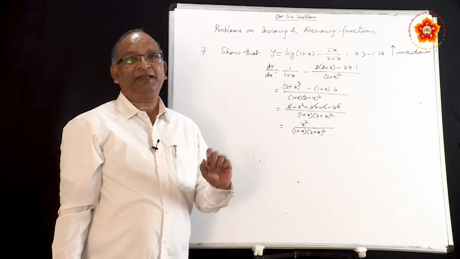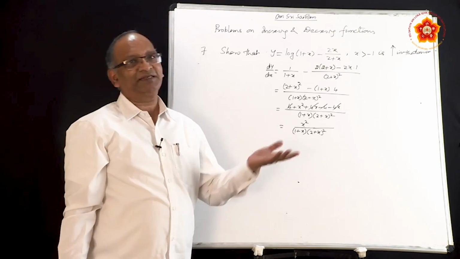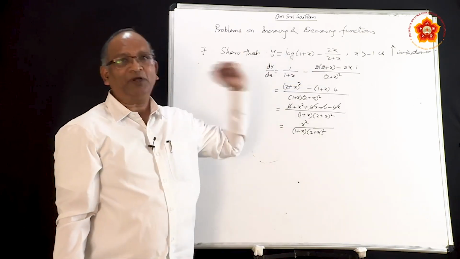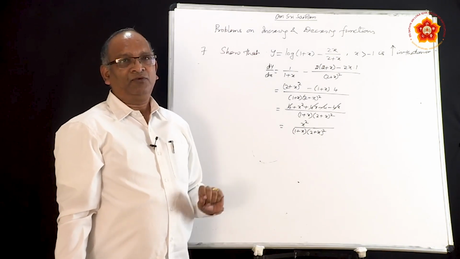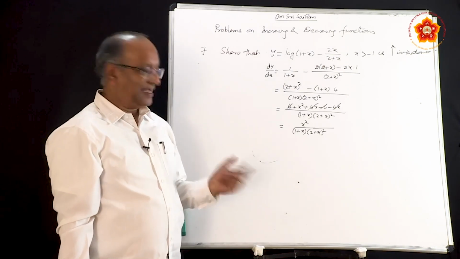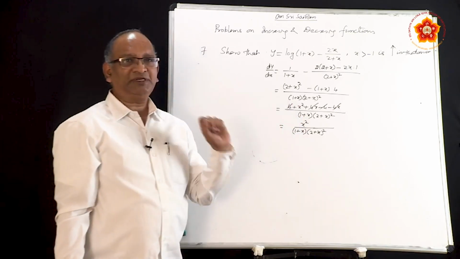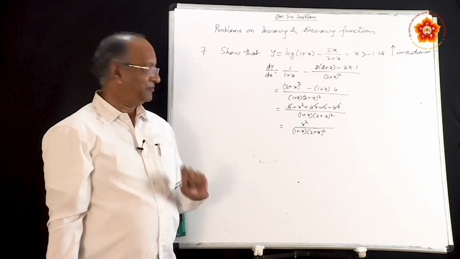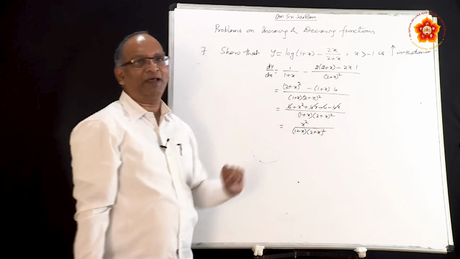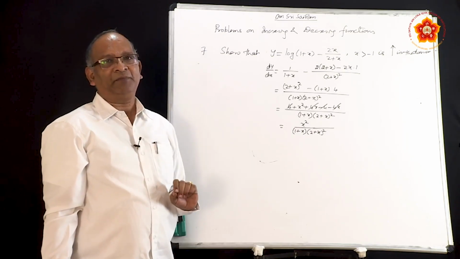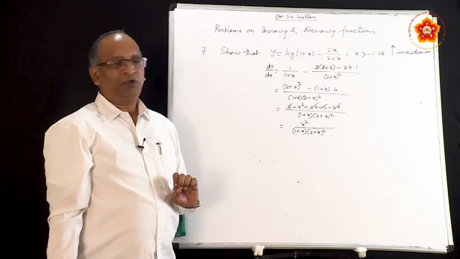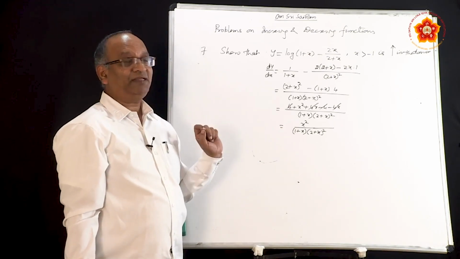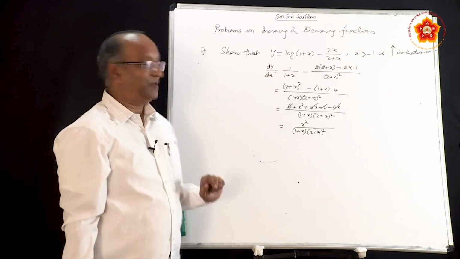We have learned that if the derivative is positive, function is increasing. He is saying that prove that it is increasing in the domain, means throughout it is only increasing. And it is a very simple task. Why? x square. We know that square of any number is always positive. So x square cannot be negative. Come to the denominator, 2 plus x whole square also happens to be a square number. So again it is positive. Only thing, it depends upon 1 plus x, and he has given a condition. What is the condition? x is greater than minus 1.